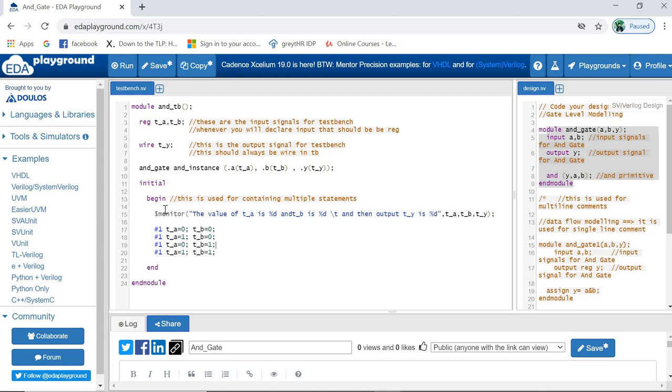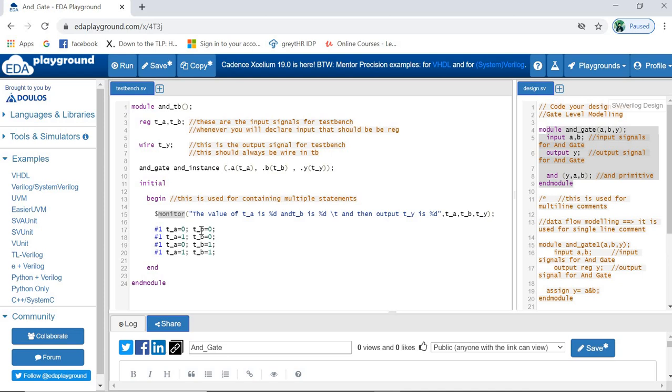So first understand this part, monitor. Dollar monitor is a keyword. It will basically display your values. If you want to display your values, you will have to use dollar monitor. Just like in C we had scanf and printf: scanf is used for taking inputs and printf is used for displaying things. So monitor works like a printf. Whatever that thing was doing in C, monitor will also do here. It will display the contents.